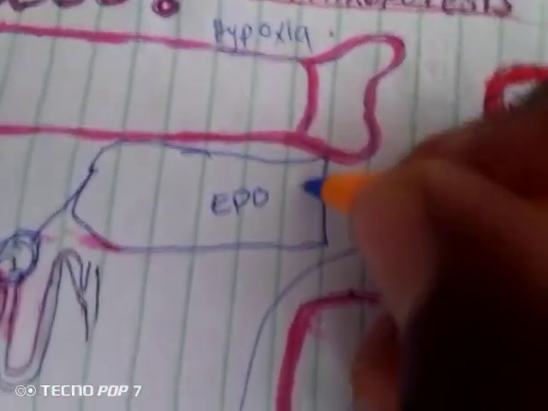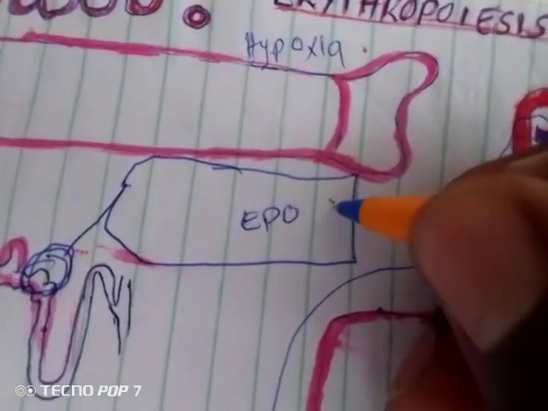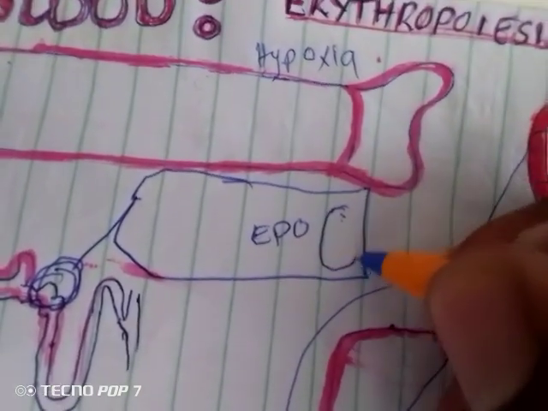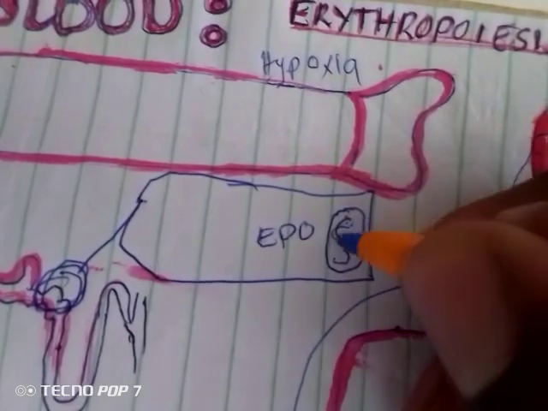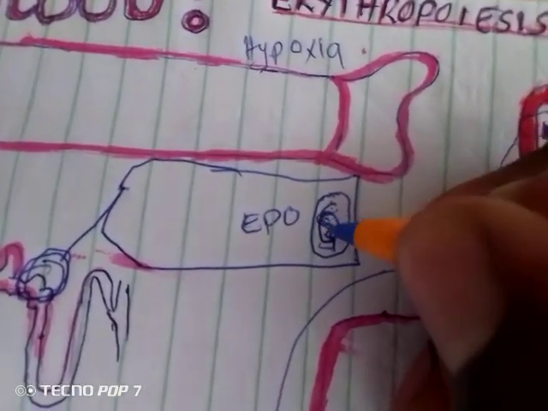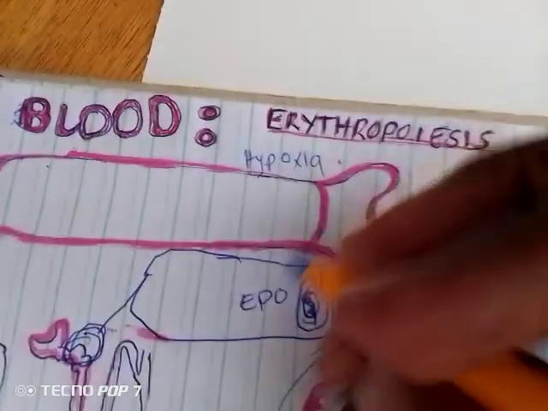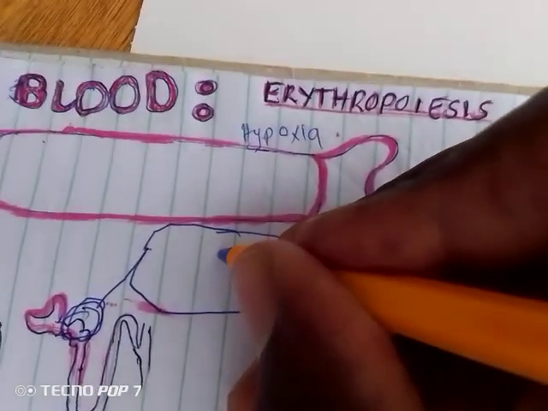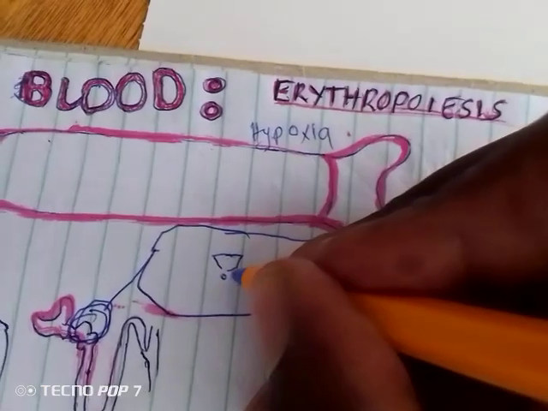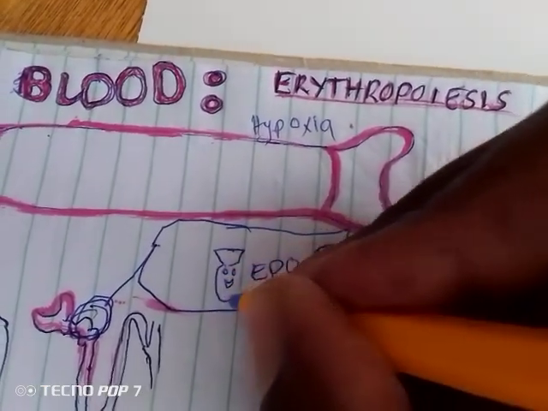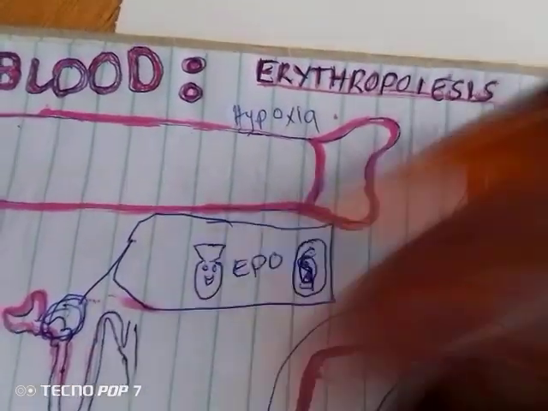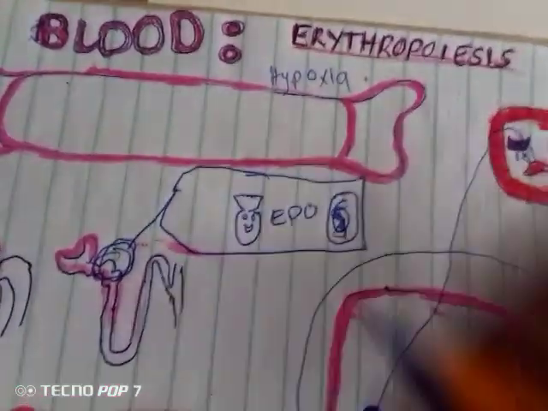So in the proximal convoluted tubule, there is the EPO gene, and also there is hypoxia inducible factor. Let me draw it like this. This hypoxia inducible factor,